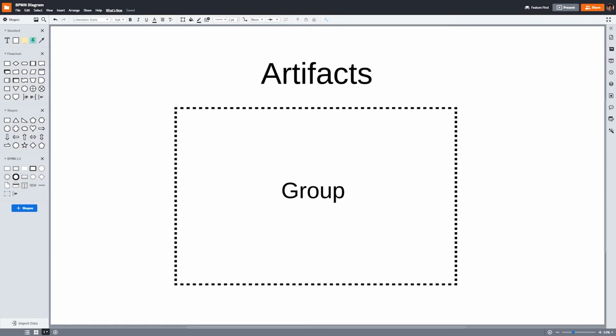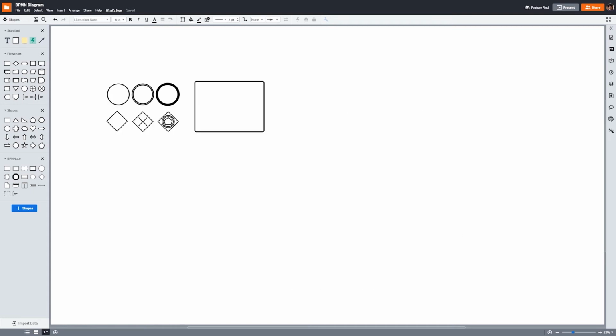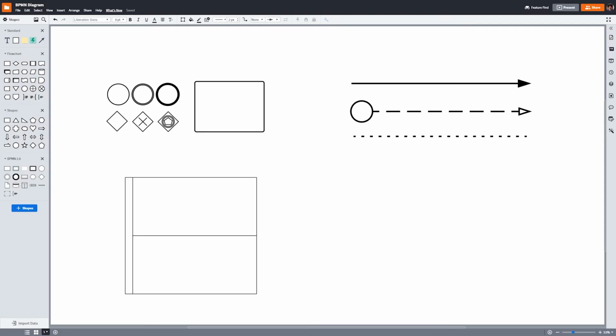A group object organizes tasks or processes that have significance to the overall process. For example, you might see a group around a certain set of activities and gateways. While a group may show a logical grouping of activities, it does not affect the flow of the diagram at all. Lastly, an annotation shape provides the modeler opportunities to describe additional flow parts of the BPMN diagram. Think of annotations as comments that can be used to clarify or explain a particularly complex part of a process. Flow objects, connecting objects, pools and swim lanes, and artifacts work together to make up BPMN's language.